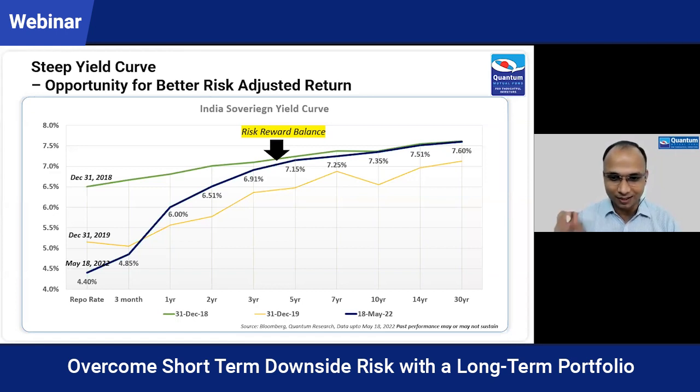I'll highlight this part, I'll make it bold so that all of you know that if you are hunting for higher return, make sure you have a higher holding period. Keep your holding period long, at least more than 3 years, so that you can ride through this volatile period. We can see that rates are very close to their 2018 level, much higher, but the environment is very different. We have crude above $100. There is a war going on, a big war between two large commodity producer countries. So that can change this market dynamics in any direction. So if you are investing, make sure you have a higher holding period in fixed income space.